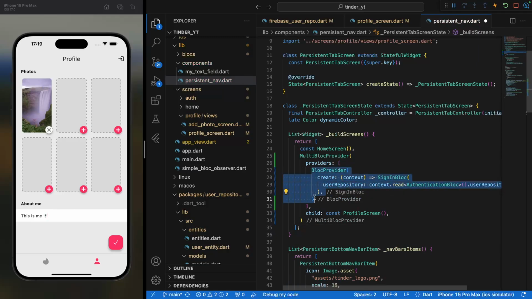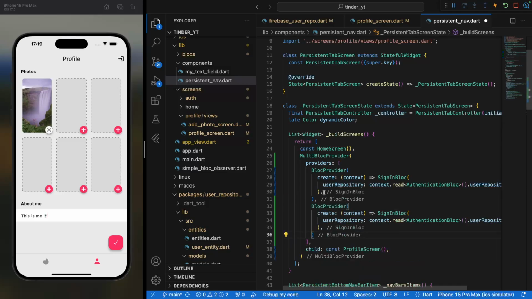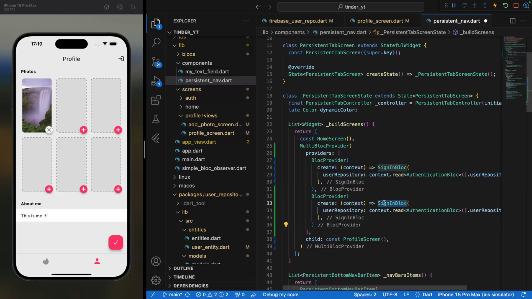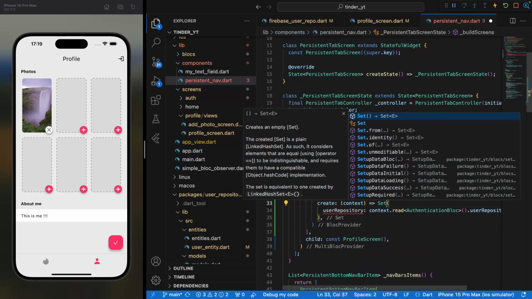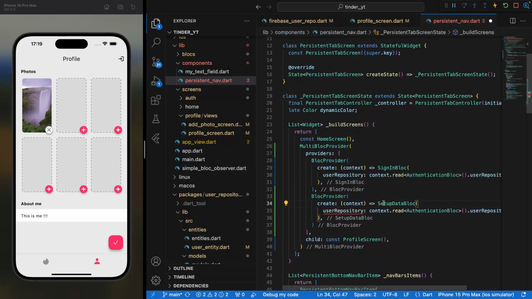And here I'm going to add another block provider, but it's not going to be the sign-in block, it's going to be the setup data block. And since I didn't put the curly brackets on the constructor, I do not need that. And if I save that and rebuild the app,